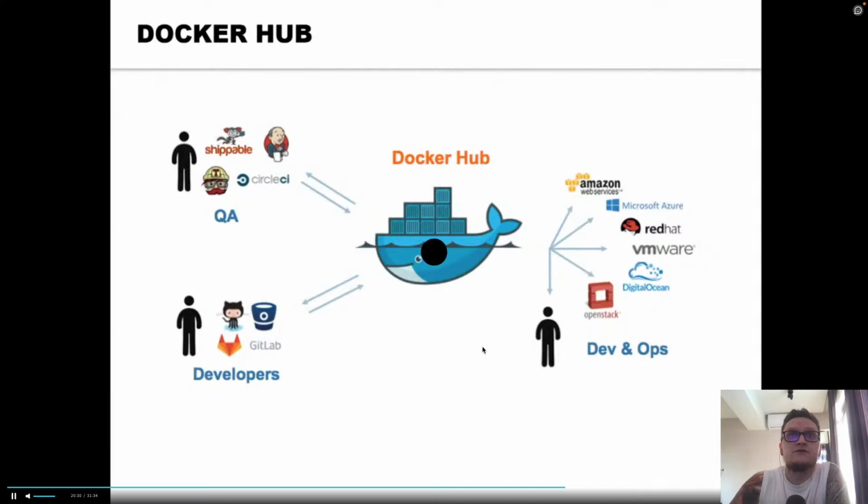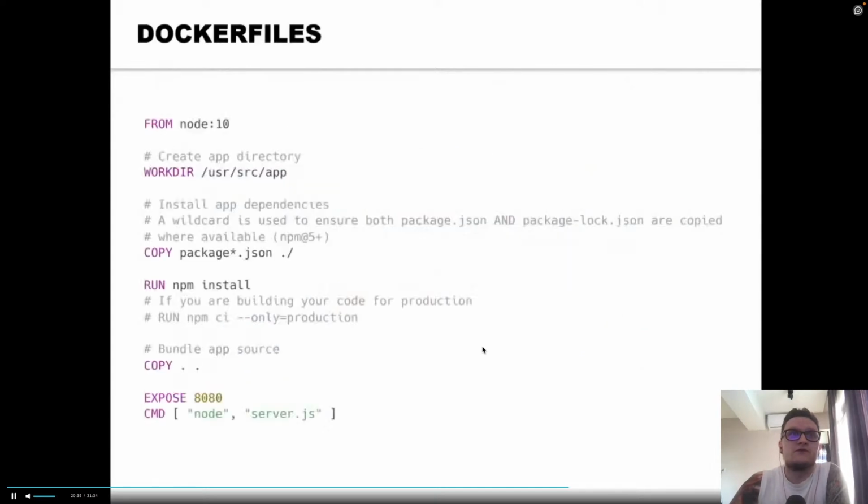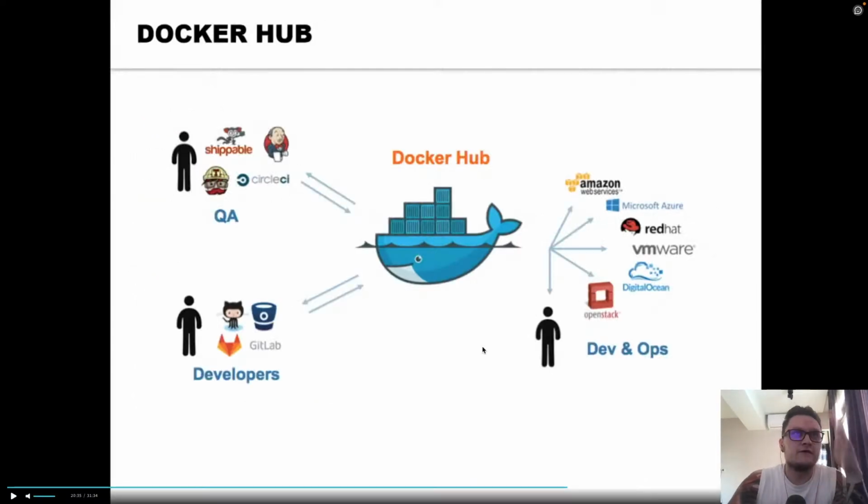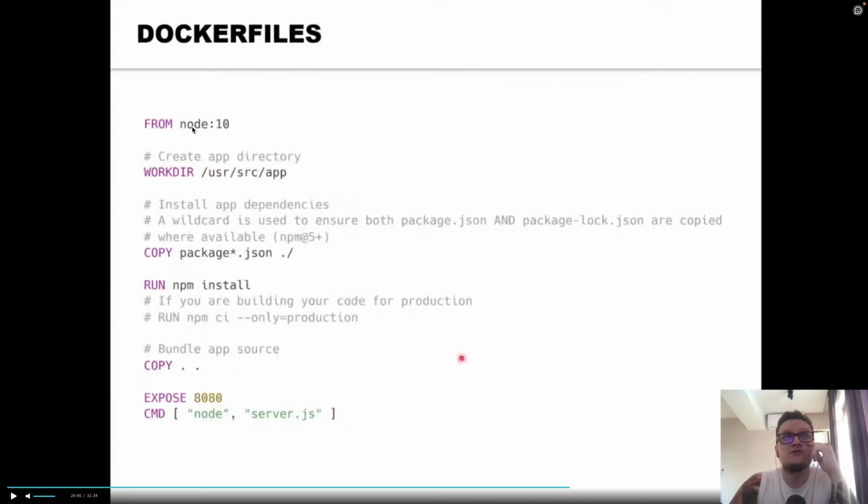Inside Docker Hub you have already prepared containers with the environment you need. For example, here, from node 10 means that our Docker will go to Docker Hub and take the node version 10 container.